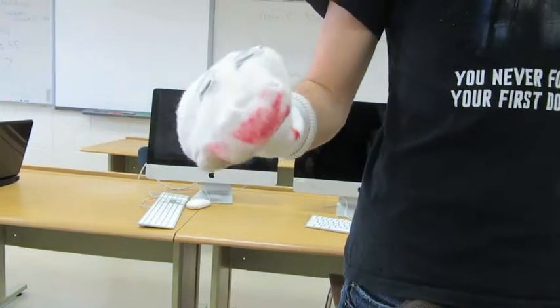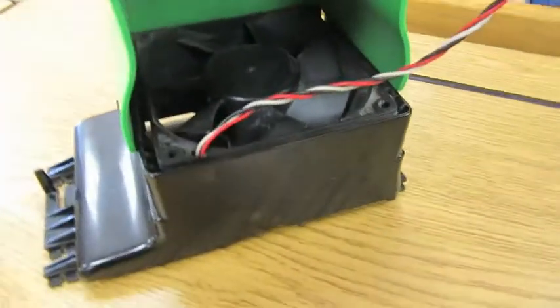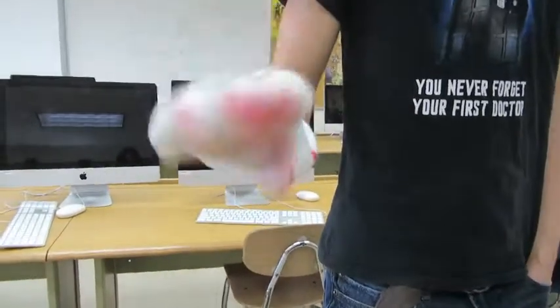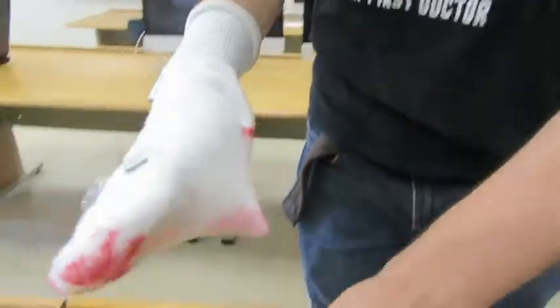This is a fan for this case. This case only has one fan. We're gonna be installing this. This isn't like most fans. It's just kind of